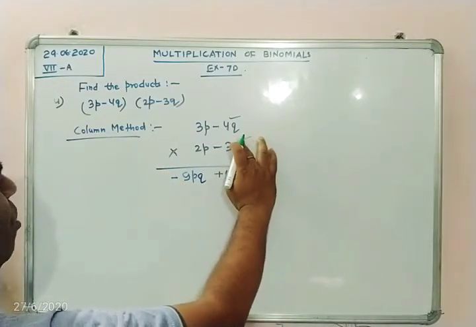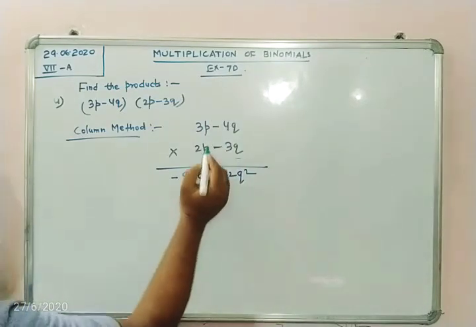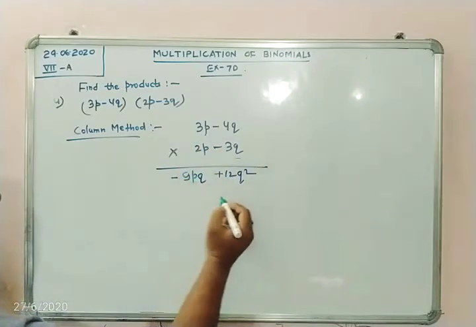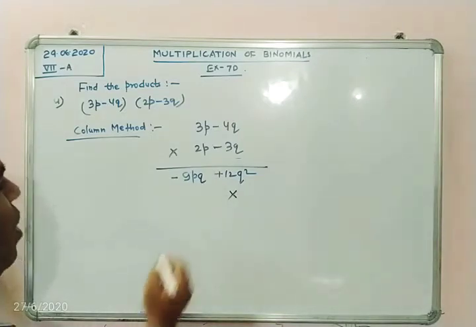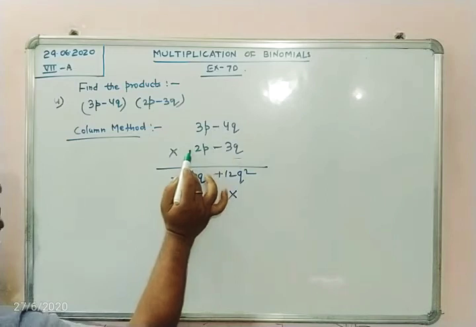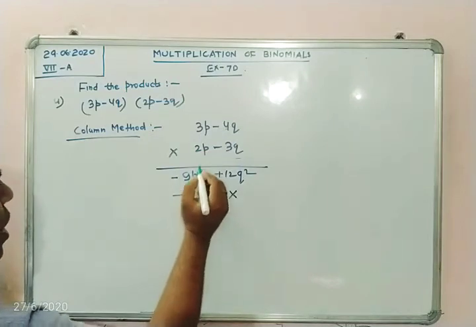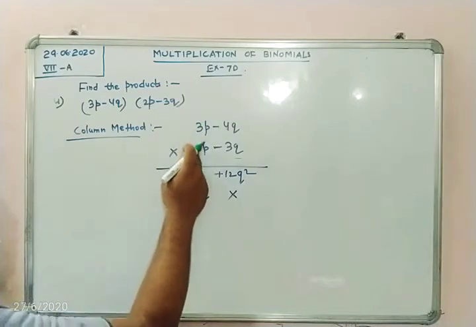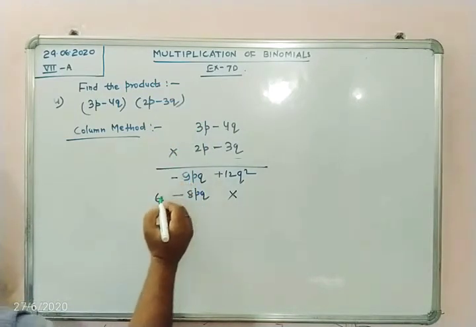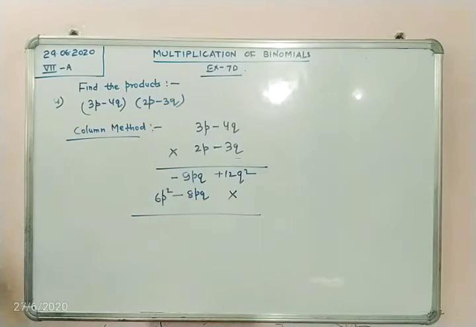Okay. Now after doing the multiplication with 3q, I am going to multiply 3p - 4q with 2p. So the way we do in arithmetic, I am going to give the cross here. So minus, there is no sign, that means plus. So minus times plus, minus 4 times 2 is 8pq. Okay. Here plus times plus is plus sign, that means 3 times 2 is 6, p into p, p². If the plus sign is there, it is not necessary to write.